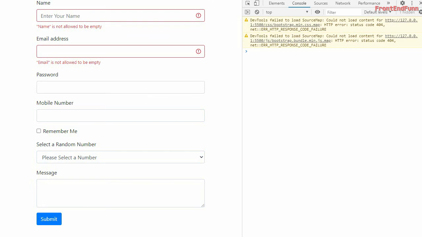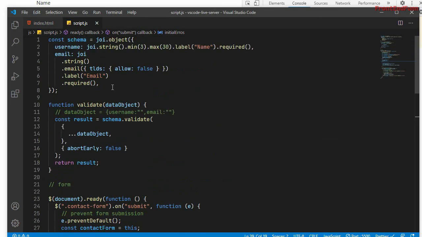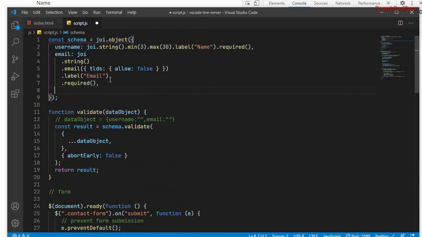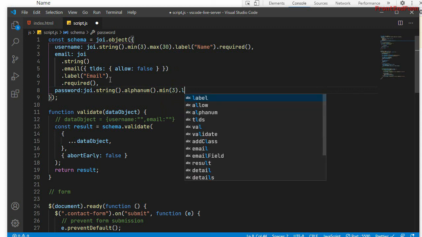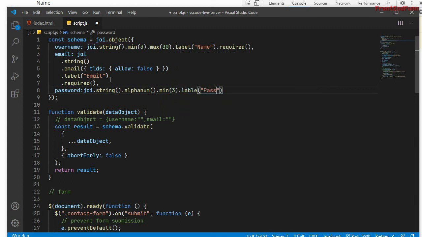Okay, so I'll just quickly add the schemas for all these things. For the password, joi dot string dot alphanum. So alphanum is for the alphanumeric values and it should be minimum 3 characters long, and the label will be password and it is required.